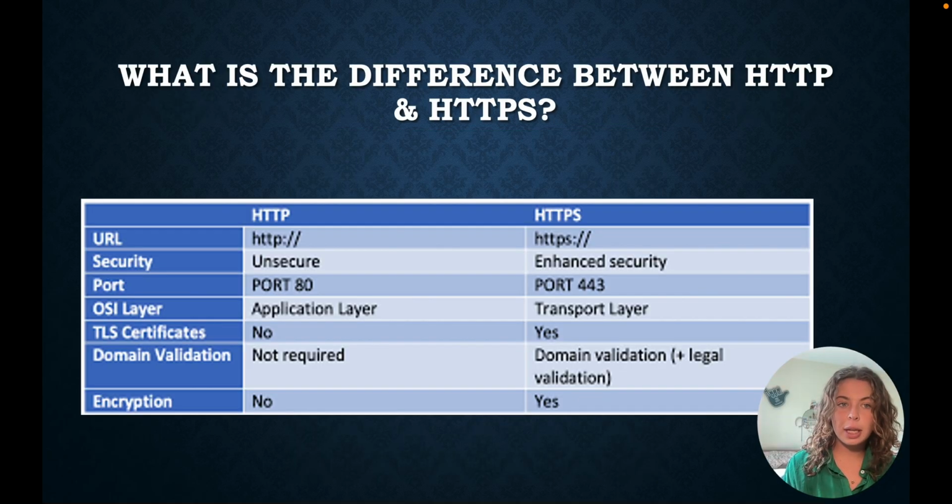What is the difference between HTTP and HTTPS? So HTTP is Hypertext Transfer Protocol, which is defined as a protocol used to transfer data, like web pages, between a web browser and a web server. Security-wise, it is not secure. Data is sent in plain text, making it vulnerable to interception and attacks like eavesdropping. It is often used for non-sensitive websites where encryption is not critical, and the port is going to be port